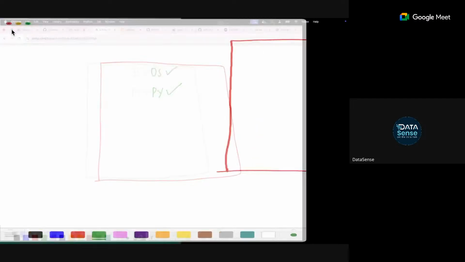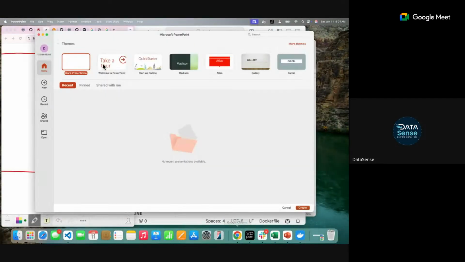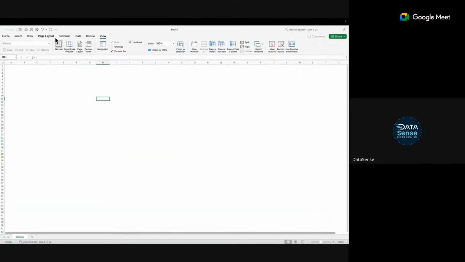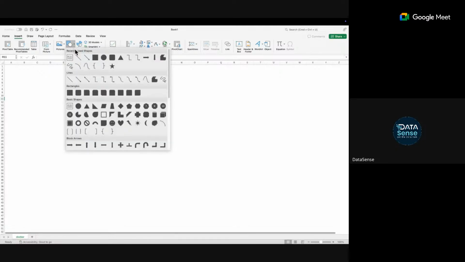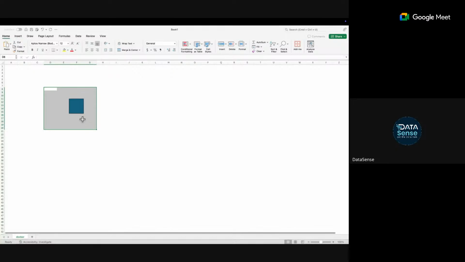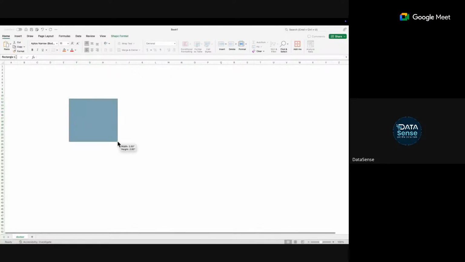So let me do this in an Excel because I have to explain one more concept parallelly. So insert shape. Okay, so let's assume this is my system right now, which I'm working upon.